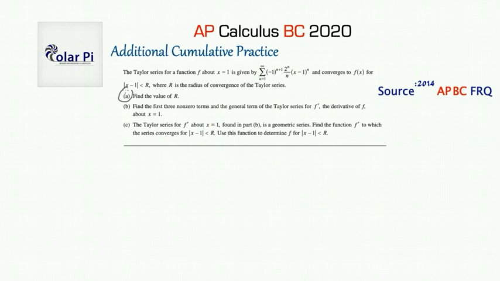So in part A, what you're asked to do is find the value of r, the radius of convergence, and I'll actually do this in red. Radius of convergence automatically means ratio test, unless you know that the series is geometric, therefore an infinite geometric series. The only other way you can answer questions about radius and interval of convergence is to do